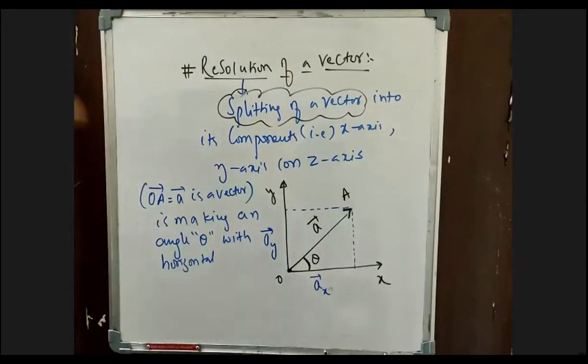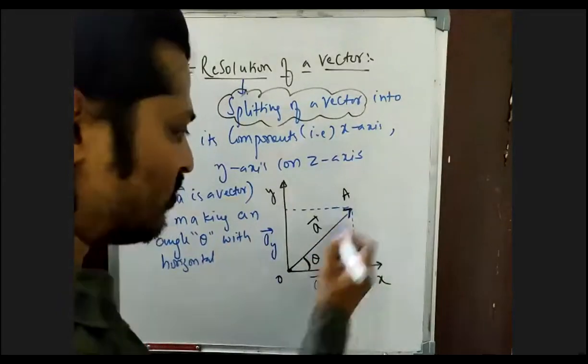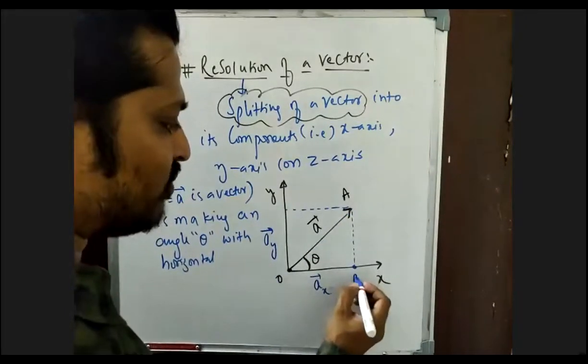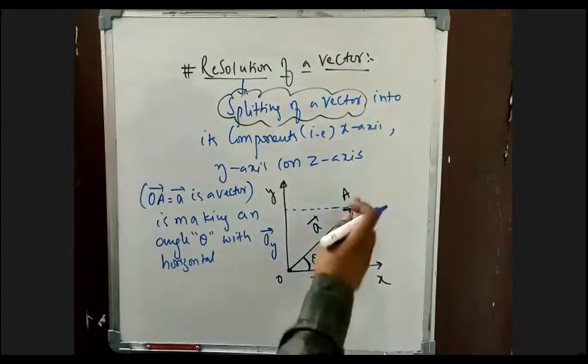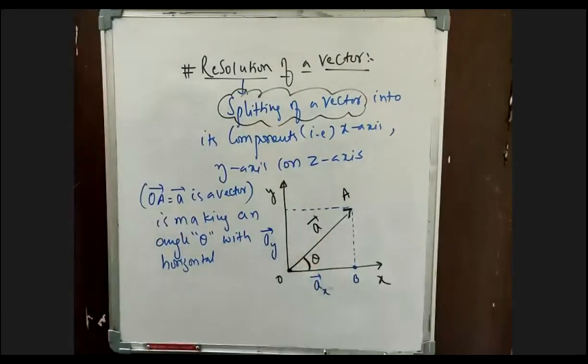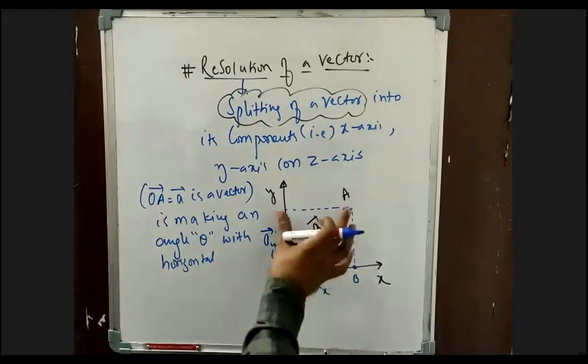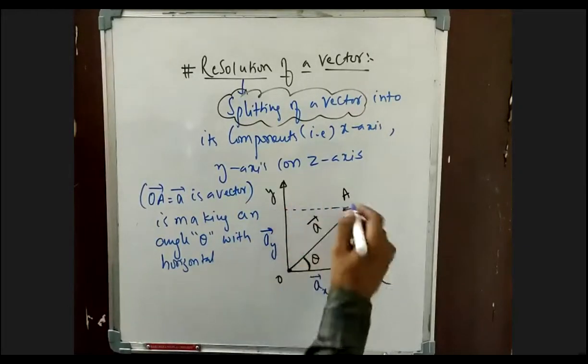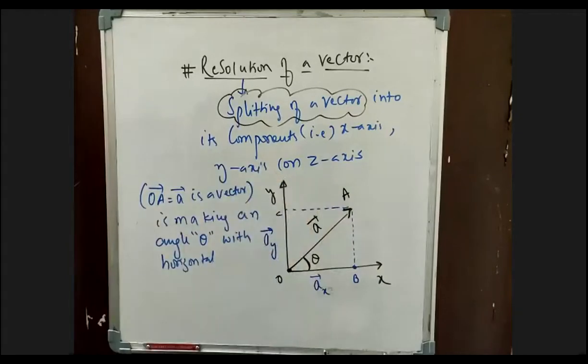Now see from the trigonometry, this one is OA, and if I take this one as point B, from this I need to calculate the value of AB. For example, this one is A, B, and this one is, say, C.